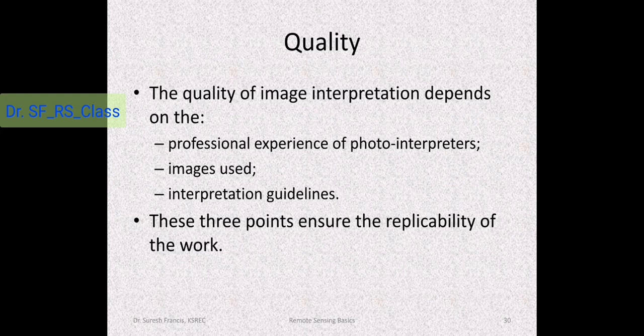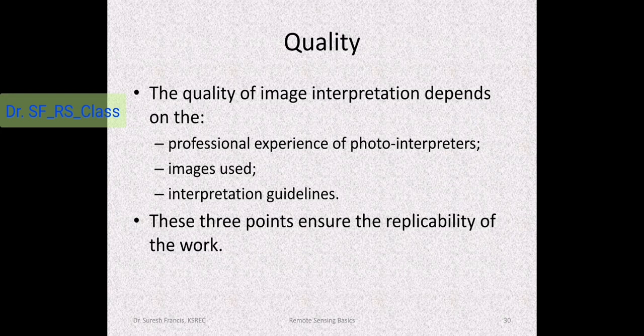So if one interpreter is interpreting an image and developing a land use map, and the same land use map is prepared by another interpreter, both the land use maps should be the same only when both have the same professional experience, same quality image, and an interpretation guideline.